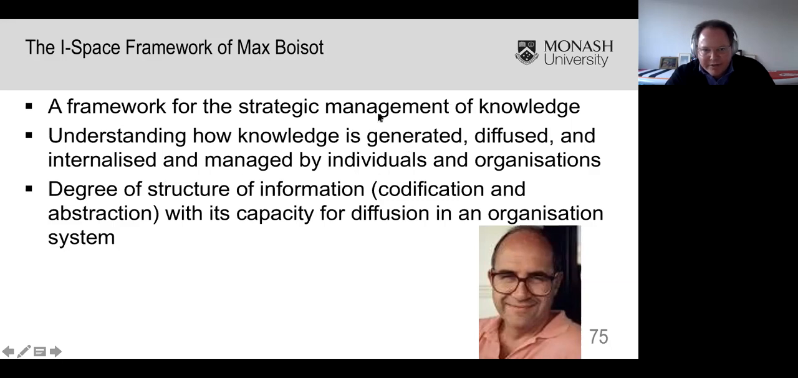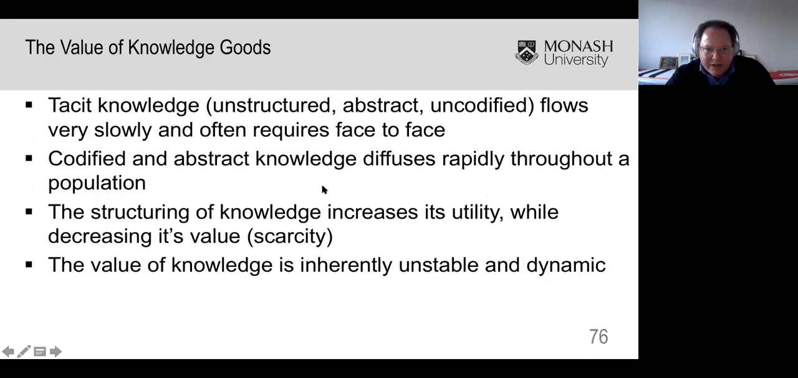Actually, I think I have a slide on it as well, a little bit further down. From this understanding, the degree of structure of information, codification and abstraction, with its capacity for diffusion in the organization system is what he researched. So when you come to the framework,